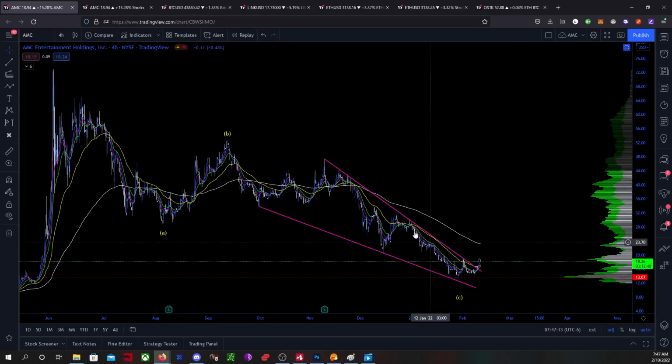So, as you can see, we have broken out of the falling wedge here, right? And what you'll notice is that price has come right up. We're looking over here at the volume profile now. You can see how you have this high volume node here. And once price gets to the other side of that, volume drops off. So this is an area of lack of price acceptance, which explains why we're seeing some resistance here.